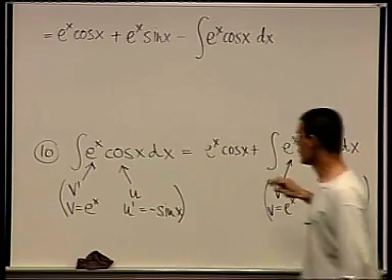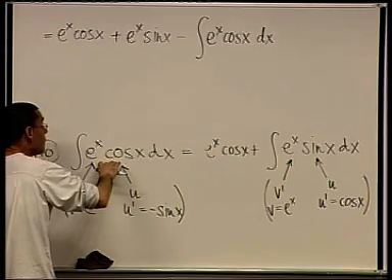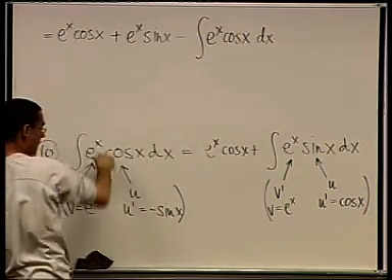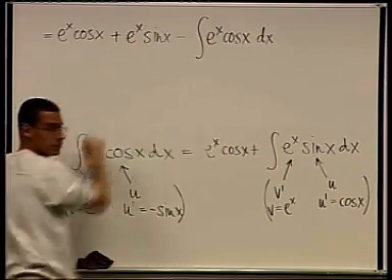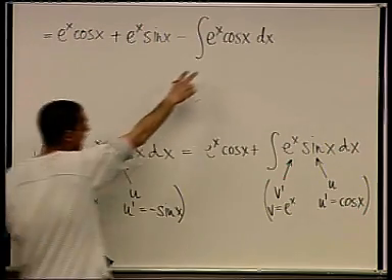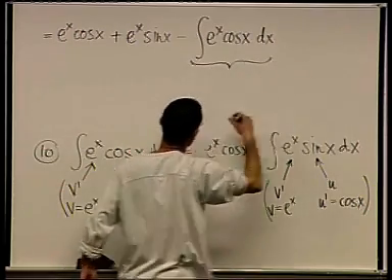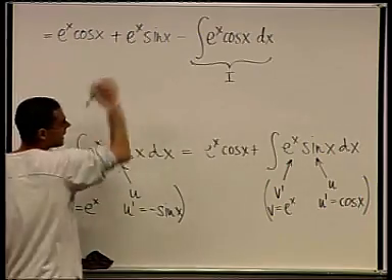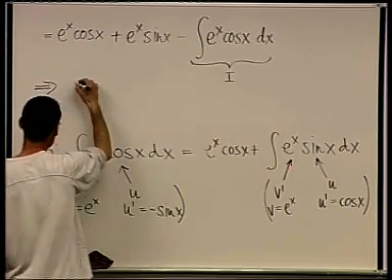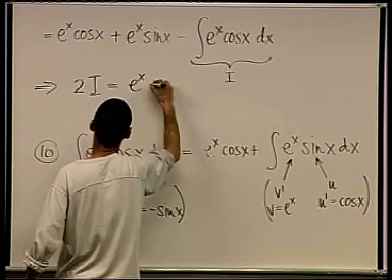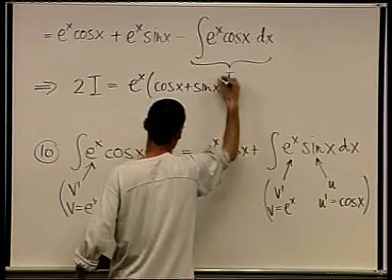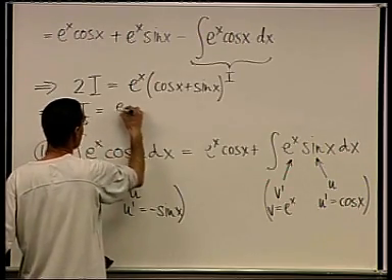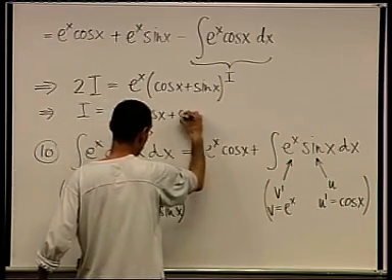The nice thing that happened is, forget the intermediate step. We know that this thing equals all this minus the same thing. We can move this to the other side, so we'll get that 2 times this equals this. Do you see that? Call this thing I for integral. This is I as well. So what we have is that I equals this. Add I to both sides. What we get is 2I equals e to the x times cosine x plus sine x. And therefore, I itself, which is what we started with, I equals e to the x divided by 2 times cosine x plus sine x